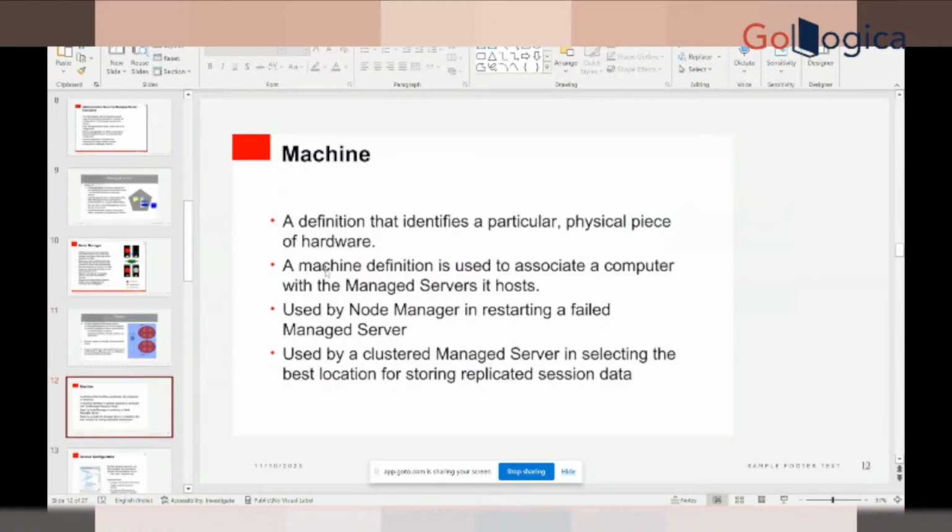Actually, we have 6 nodes in our project, and each node has one machine, right? Correct. We can have any number of managed servers for each node, right? Correct, 2 servers for each node. Even though one server of a node fails, still we can